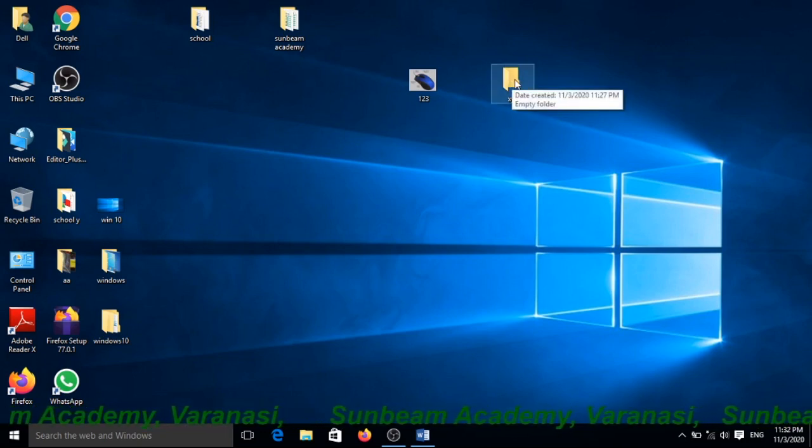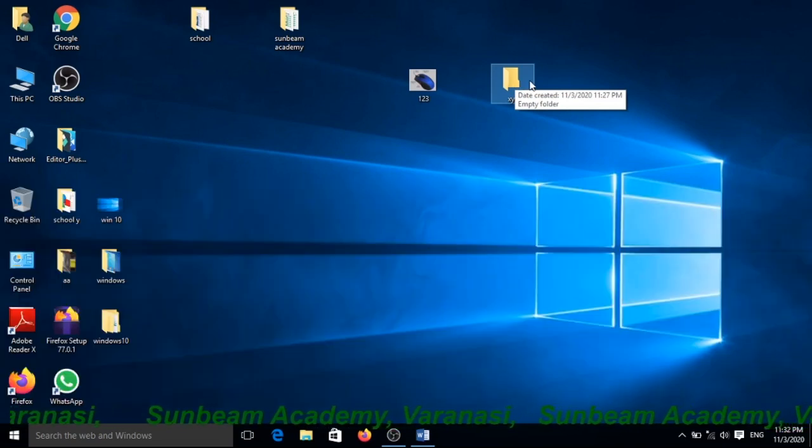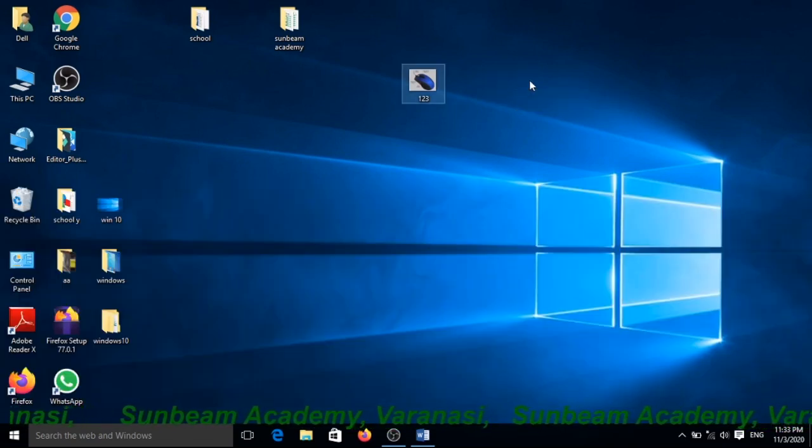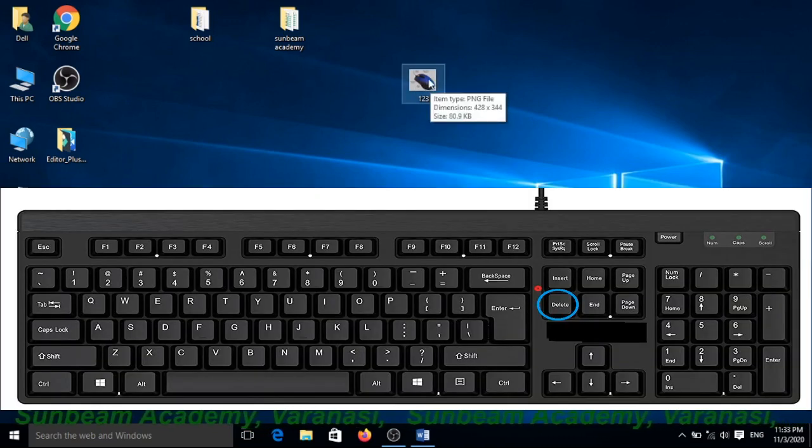I want to select this folder to delete and press the delete button of the keyboard. See, it is deleted. And if you want to delete this file, first select and press the delete button.